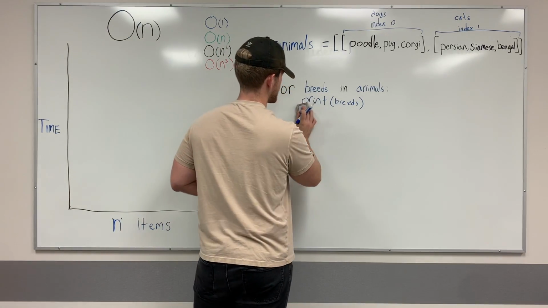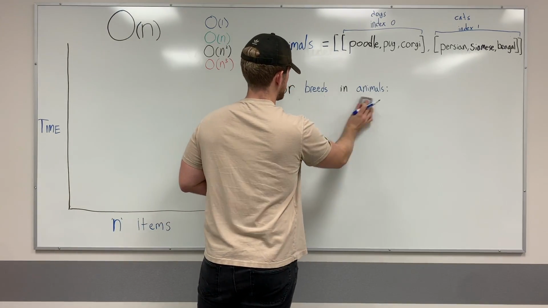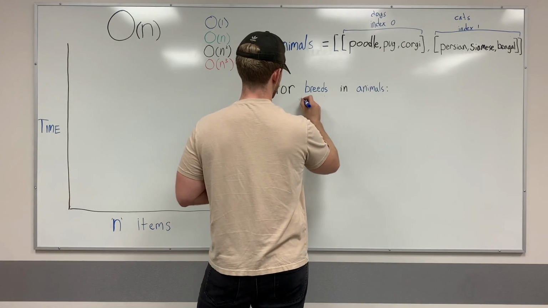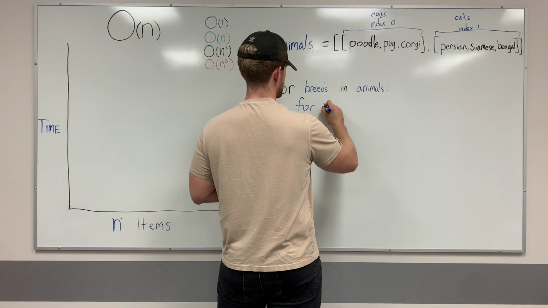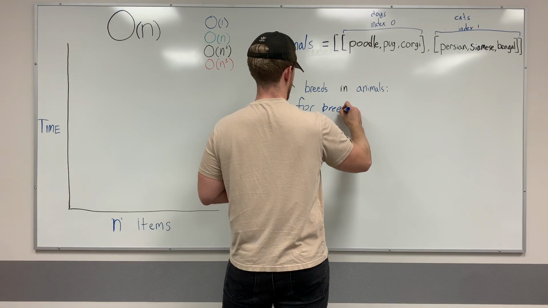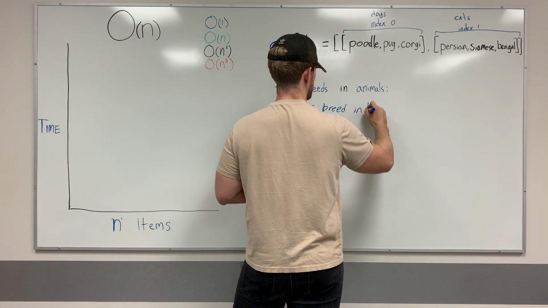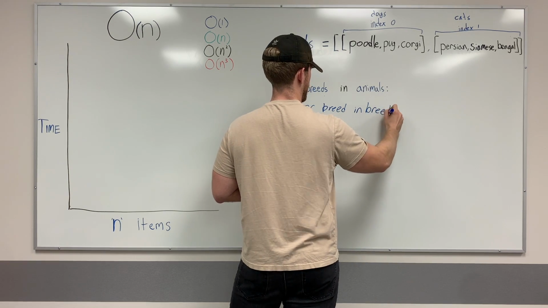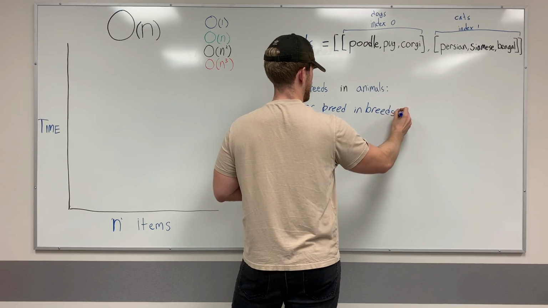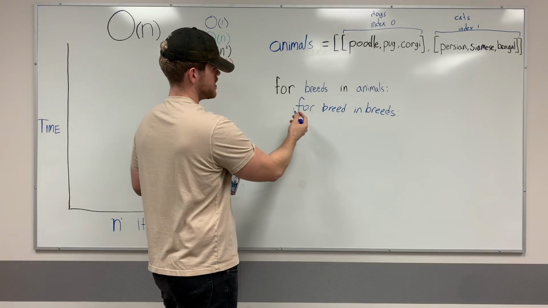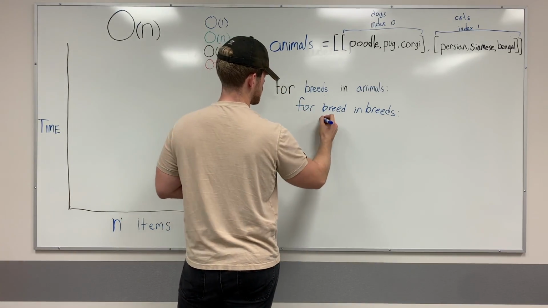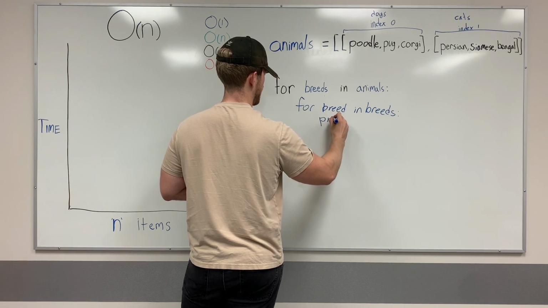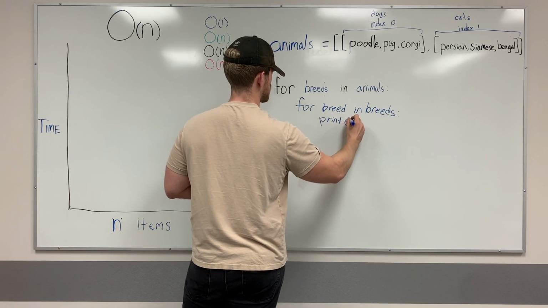But if I were to change this and add a second for loop, for breed in breeds, and then within this loop, which is our second loop, then print the breed,